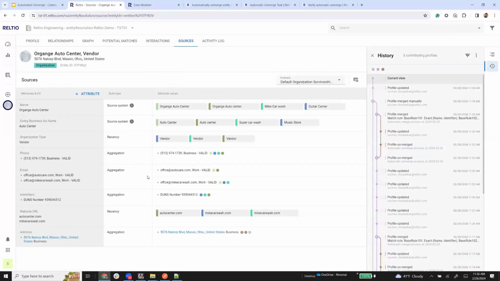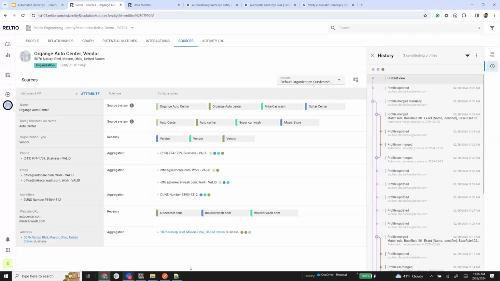Because by default, we have built this into the system that manually merged records are not unmerged, because users have spent a lot of time researching those records and doing the merging part of it. So we do not want to disrupt that. So that is a default behavior. But what if you want to unmerge this record? You say, no, that was done in error. I have changed something. I've changed the match rules. Let me go back and basically reset